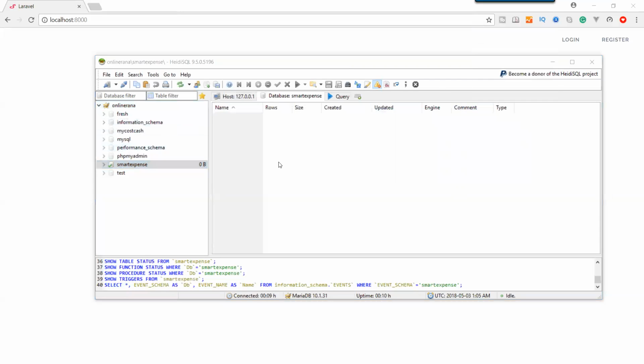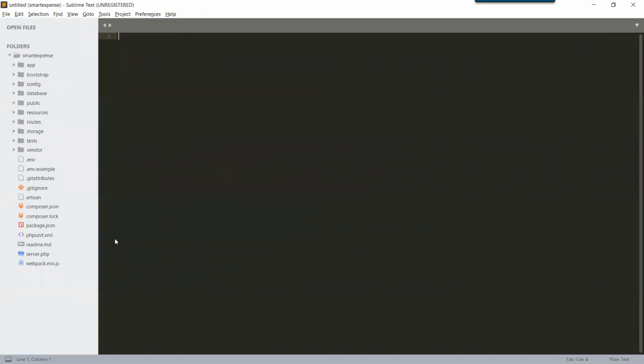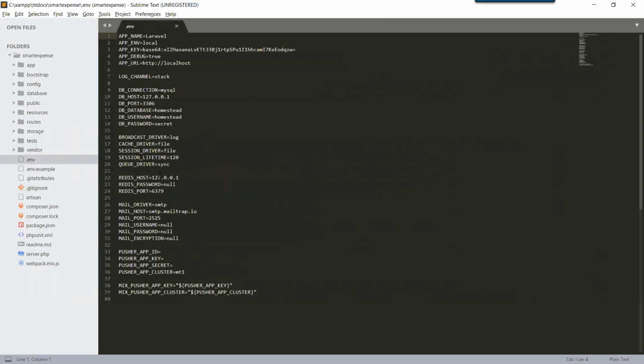Let's move to our editor, and here we have the environment file. The environment file is used for your basic configuration. The app name is Laravel, and the app environment is local because we are developing our application.